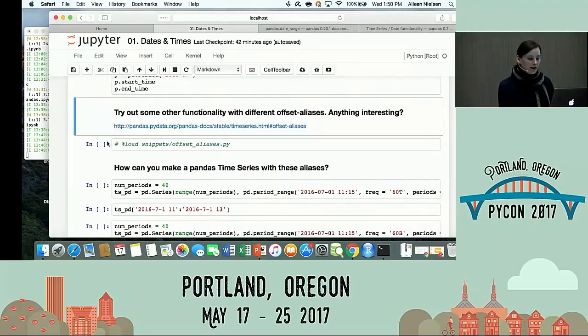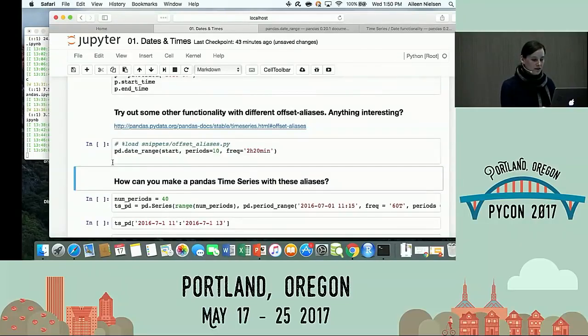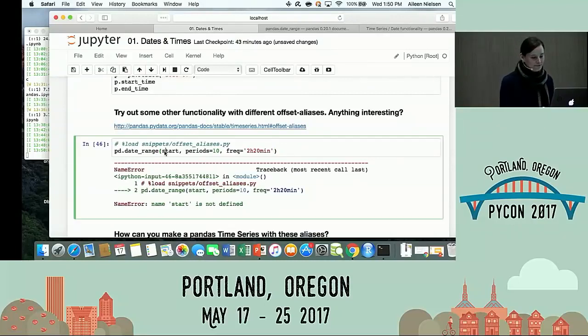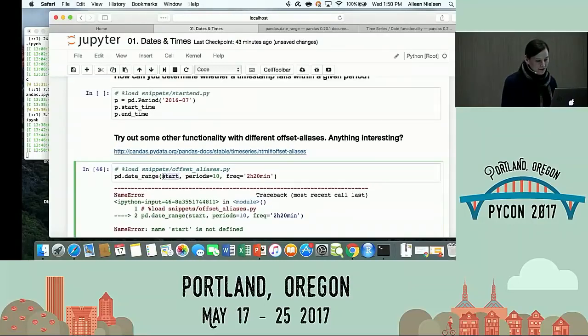Okay. We've also got combos. So I also want you to be aware when you've got these offsets or frequencies, you don't have to use nice round numbers like 60 minutes or 1 hour or 1 month. You can arbitrarily combine stuff, right? So if your boss comes in and wants customer stats on your website every 2 hours and 20 minutes because that's what his hairdresser suggested that morning, you can easily do it. So all those really annoying arbitrary demands or seemingly arbitrary annoying demands become very easy, right?